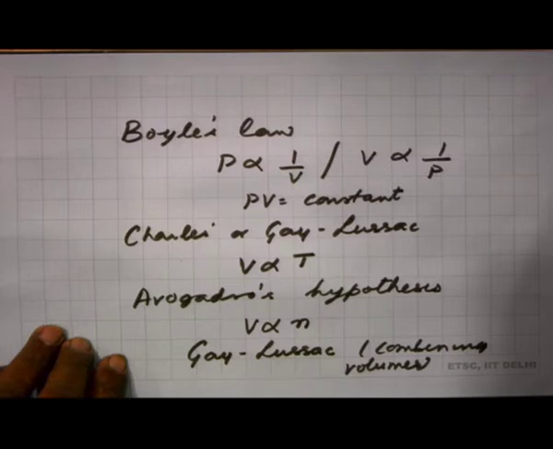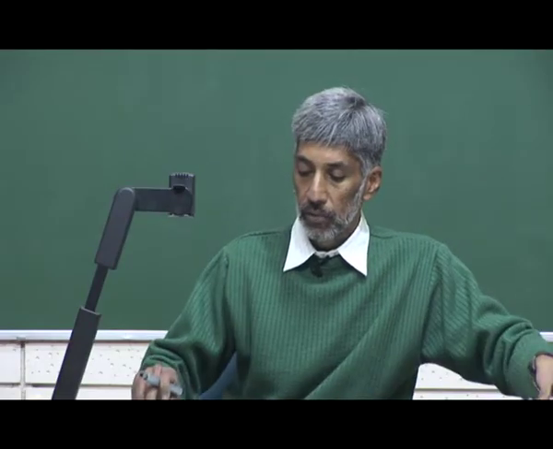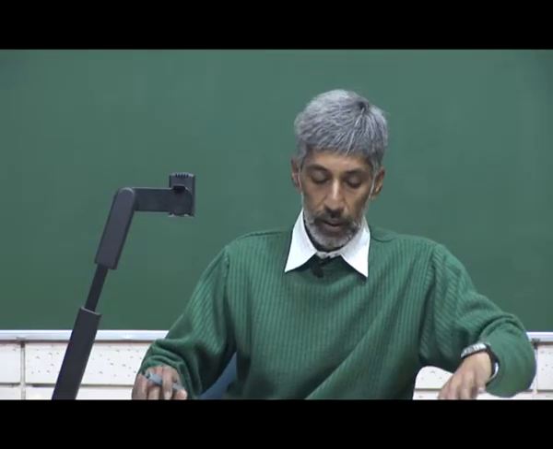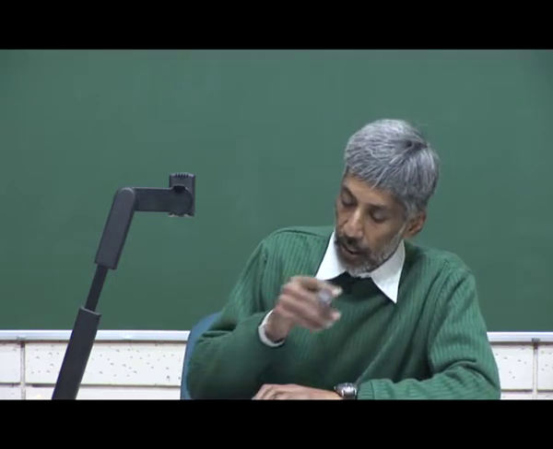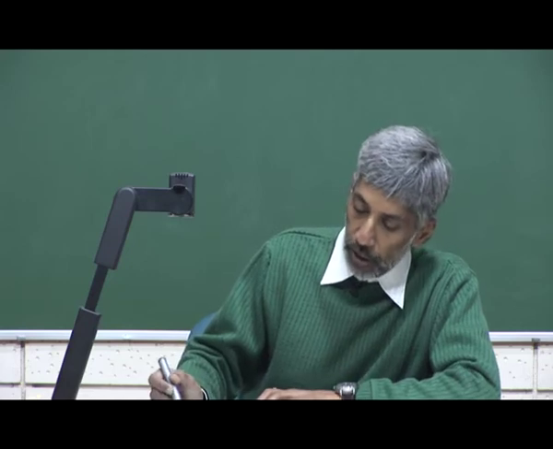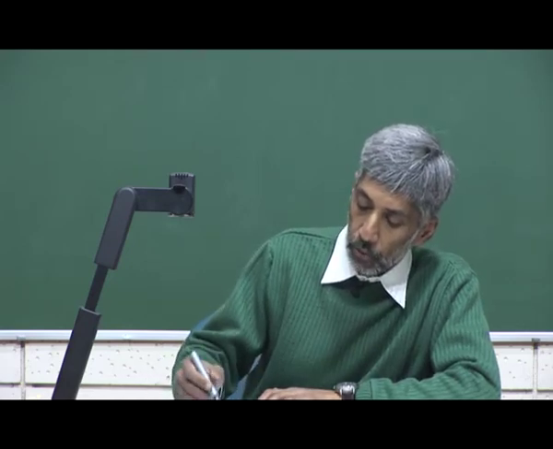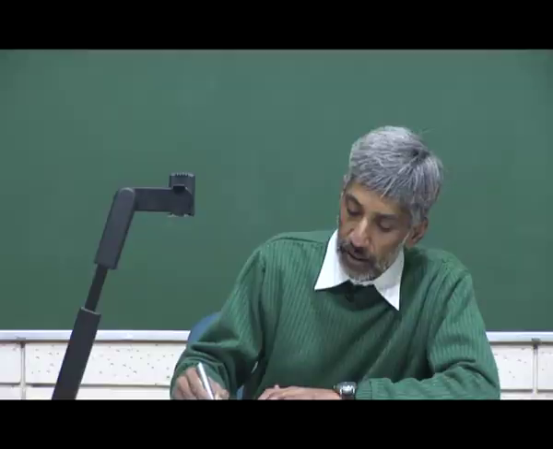Gay-Lussac's law about combining volumes is something that you would have seen in your first unit of the NCERT book. So, before we go and introduce the ideal gas equation, let us try and see what it is that we are trying to achieve. What we are trying to achieve is to relate